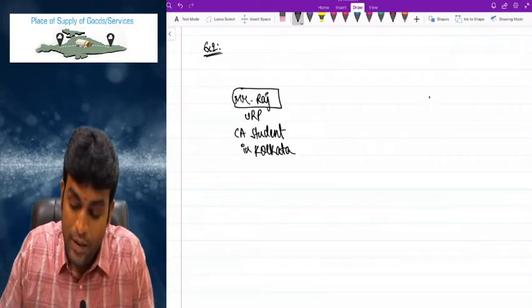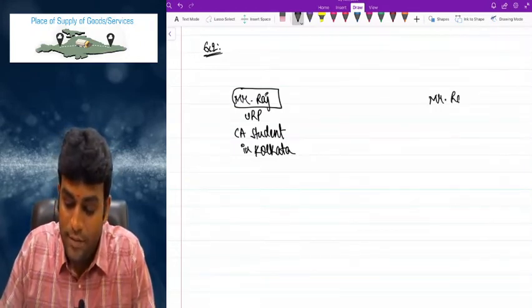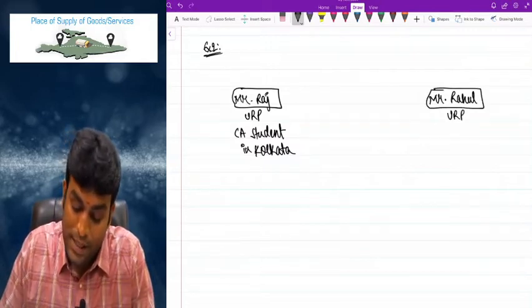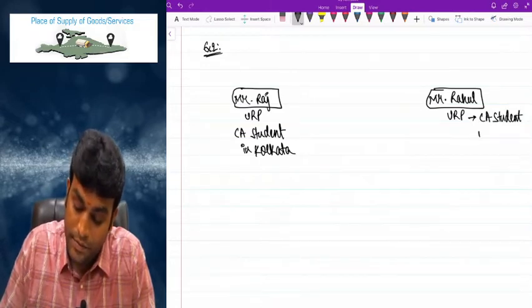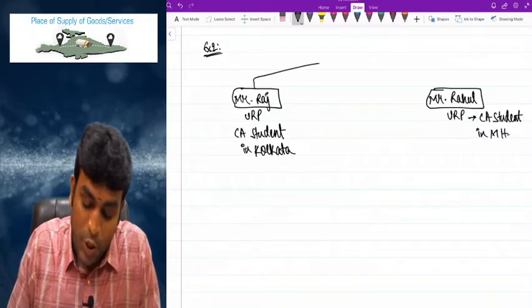Now, there is one person called Mr. Rahul, who is also an unregistered person and he is also a CA student in Maharashtra. Now Raj contacted